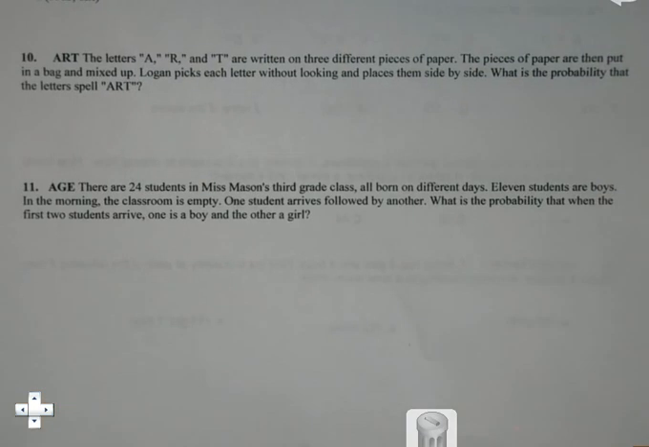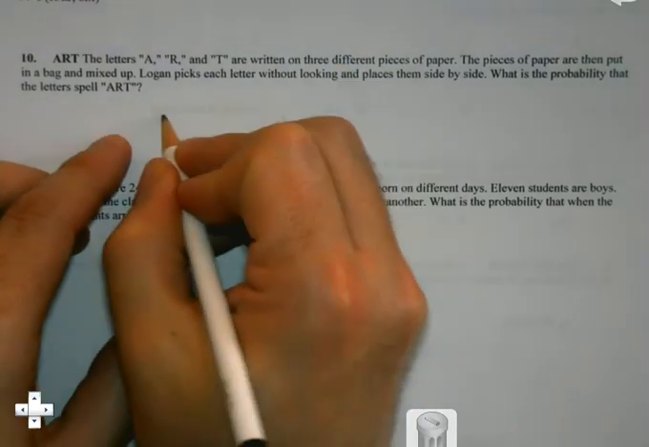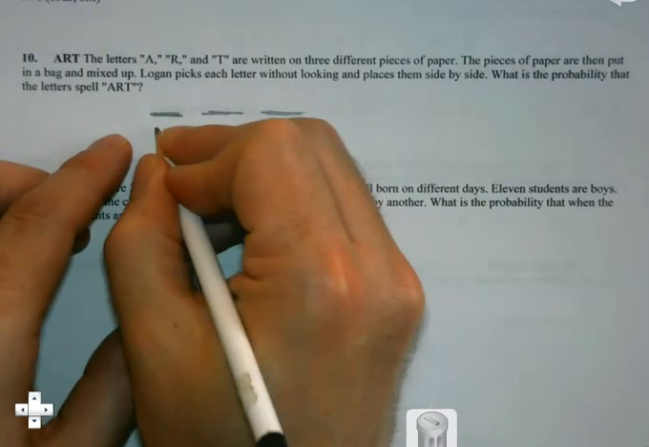Art. The letters A, R, and T are written on 3 different pieces of paper. The pieces of paper are then put in a bag and mixed up. Logan picks each letter without looking and places them side by side. What is the probability that the letters spell art? So let's see here. For any possible combination that you have here,